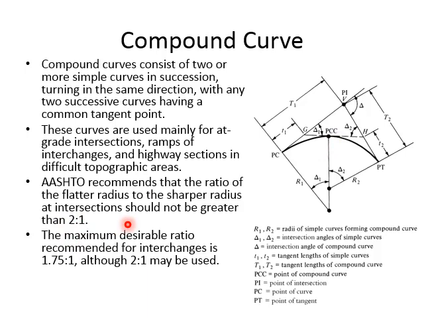Okay, and so on. If one curve is 1000 feet, the other one should be 500 feet. Okay, you can make this ratio less. You can have a lower ratio. So how much lower can you get? You can get up to 1.75:1. So instead of 2:1, if you give up to 1.75:1, it is still allowable.